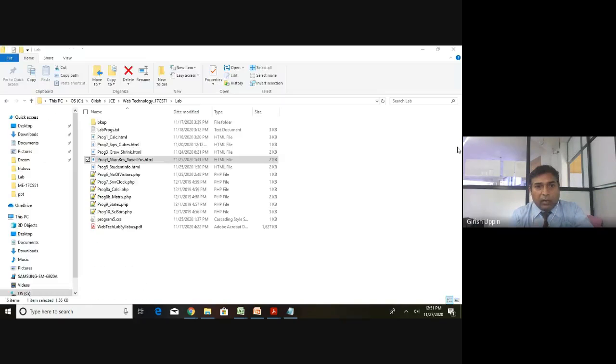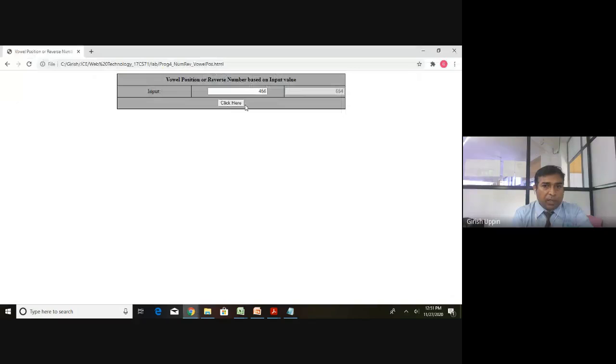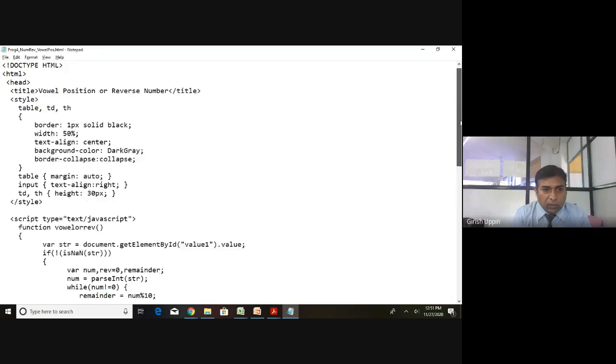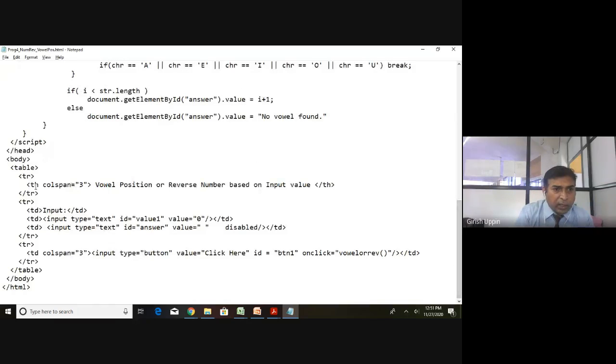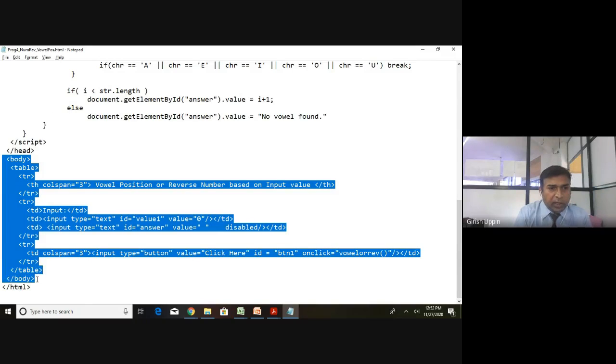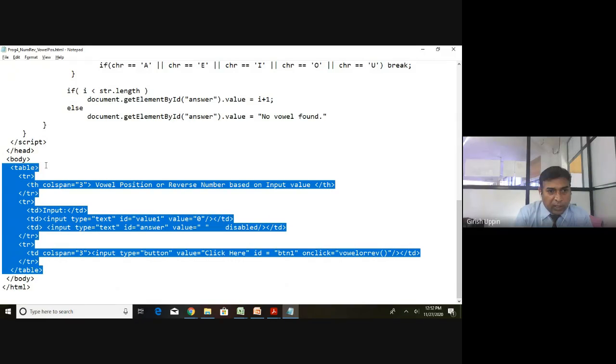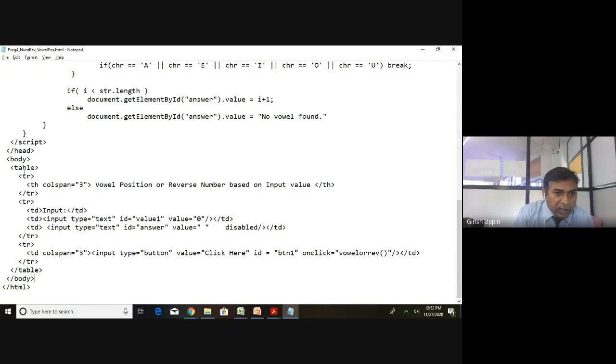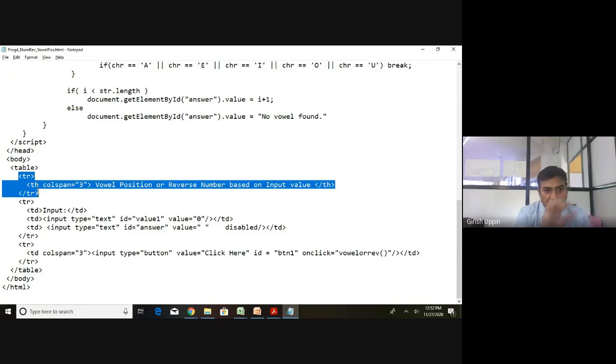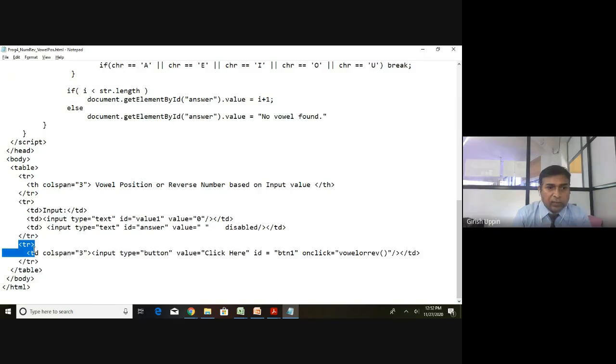So what I have, the display, this is an HTML table with 3 rows and 3 columns. Let us first go through this; we will see the JavaScript functions later. So this is the head part, and this is the closing of the head. Inside the head I have the script. This is the starting of the body, this is the ending of the body. Inside the body I have a table. Table starts here and table ends here. Inside the table I have table rows. How many rows do I have? 3 rows. This is one tr, this is the second tr, and this is the third tr.